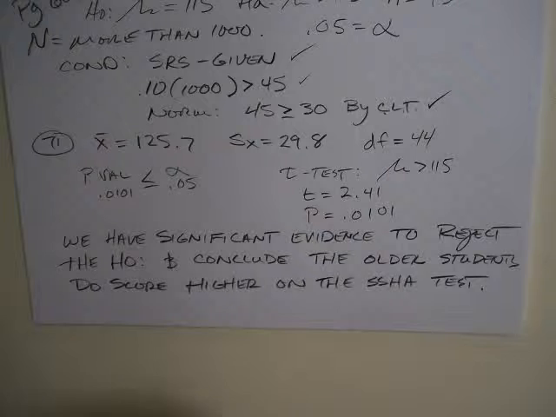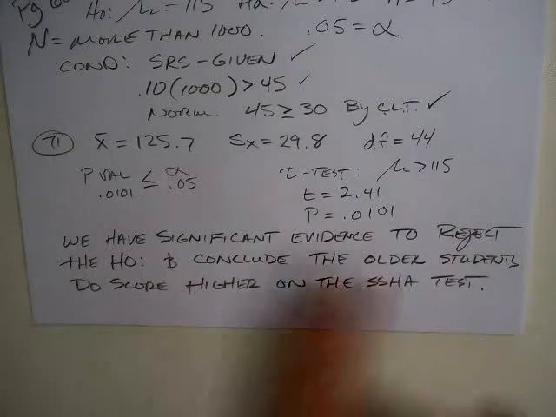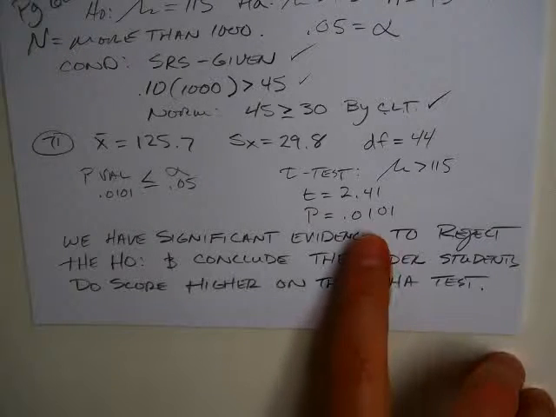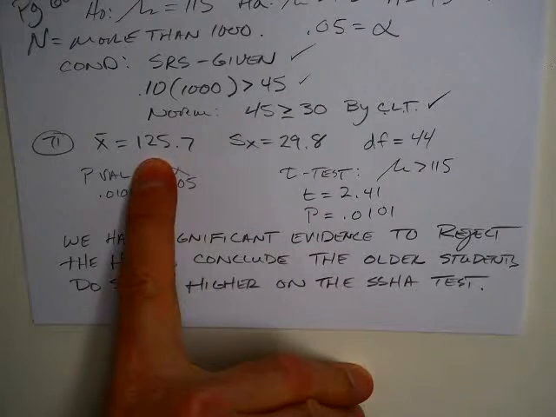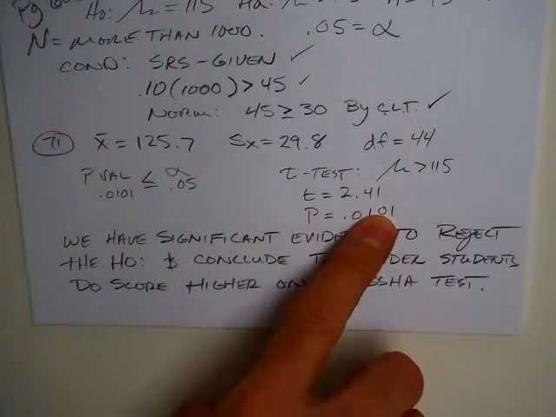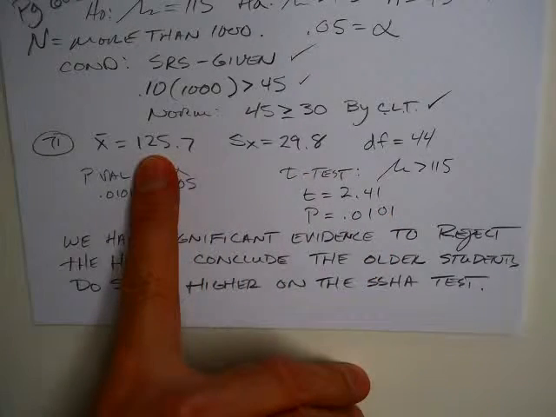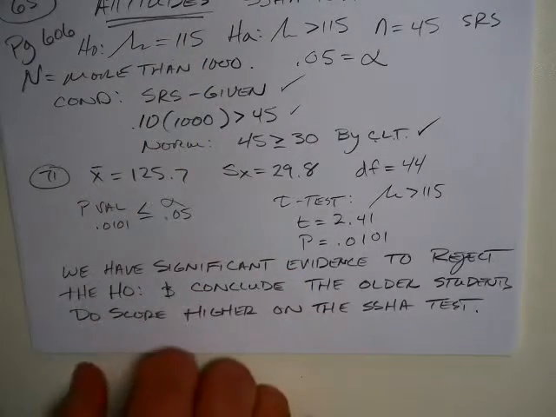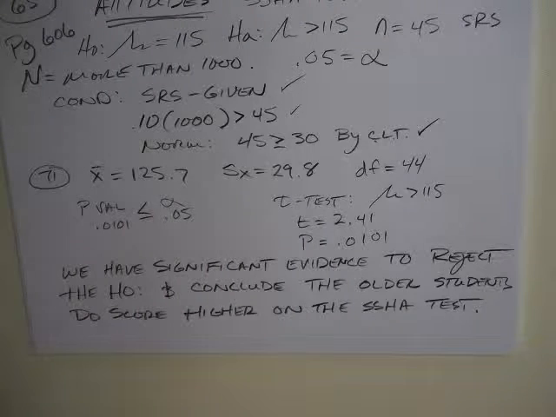I do think that the questions in 71, you might look back at those. It asks to interpret the p-value. I didn't do that here. If I were interpreting the p-value, I would say something like, in a random sample of 45 of these older students, we can expect a result as high as the x-bar that we got about 1% of the time. So it's not a likely score to get if the null is true for those students as well. So something along those lines would be great. I will tell